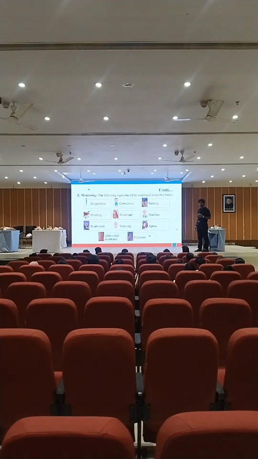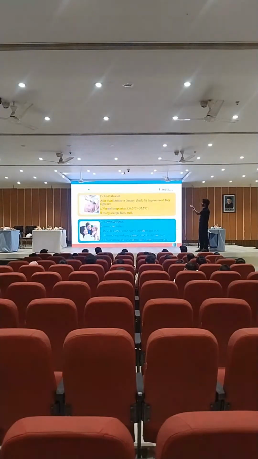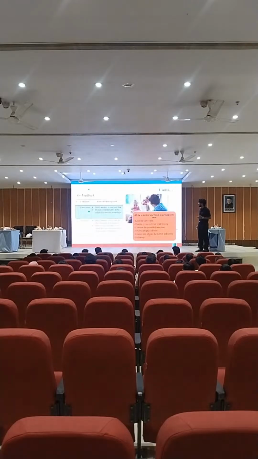Sensorium, whether the baby is completely alert or the baby is going into a weak or depressed sensorium every now and then. Then diarrhea, respiration, vomiting, apnea, abdominal distension and cyanosis. Abdominal distension पता है ना? The abdomen distends out there or it will bulge outside. You have to monitor all these signs every 2 hours. Okay, then you are going to reevaluate and you are going to convey the problems to the doctors or you are going to educate the parents regarding this one.